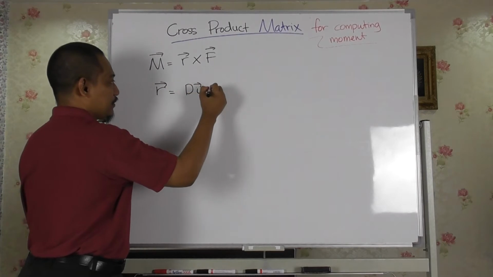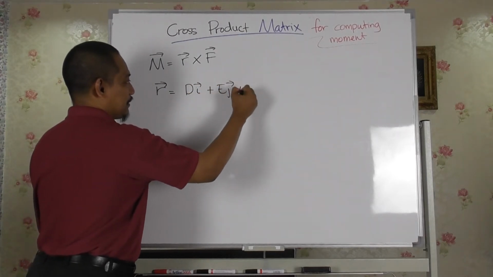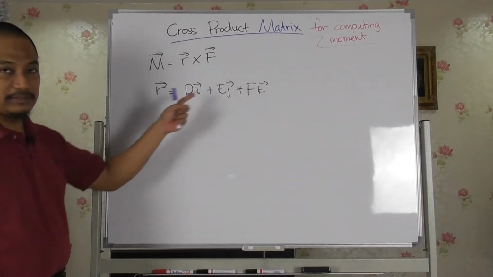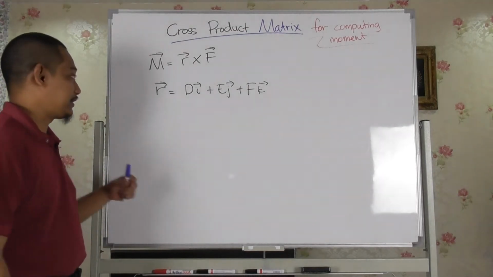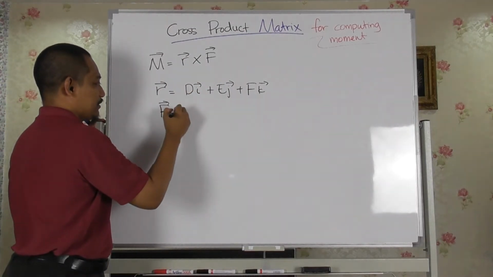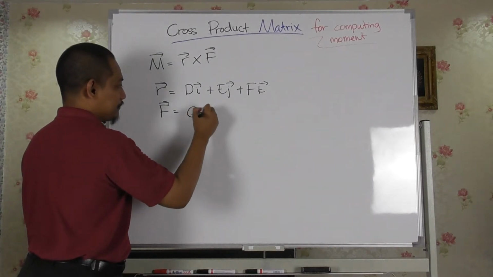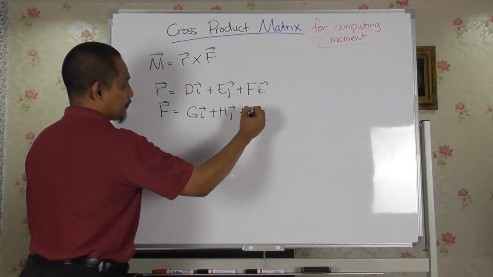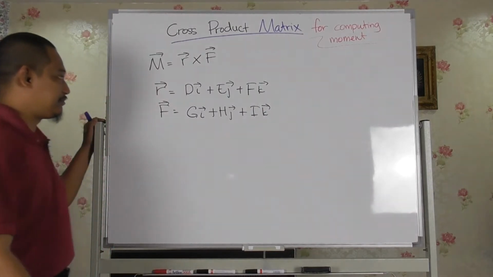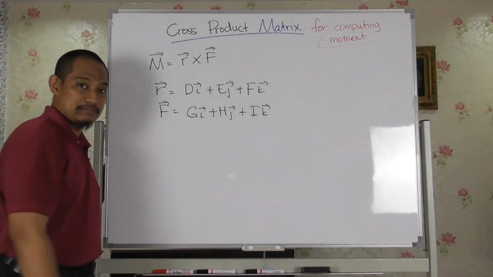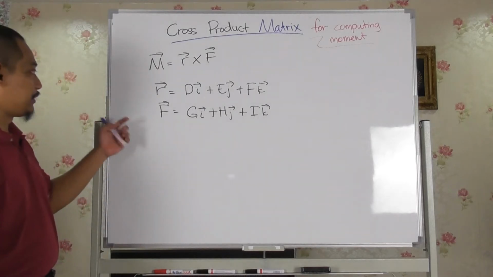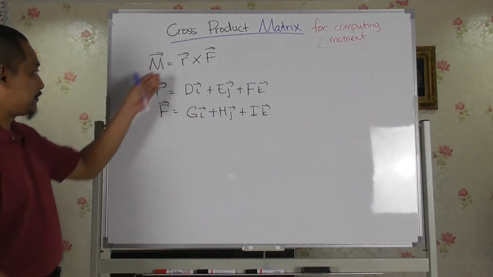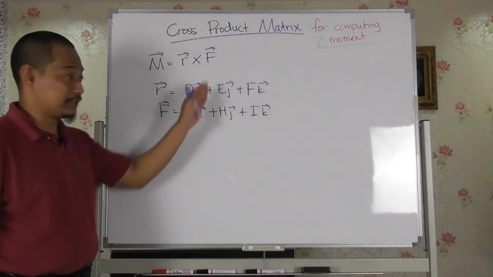R is d i plus e j plus f k, let's say. That is the position vector, and F, let's say, is g i plus h j plus i k. D, E, F, G, H, I. So let's just make that case. So we have calculated in the question, for example, what the R is and what the F is. So if we just calculate this cross this one,